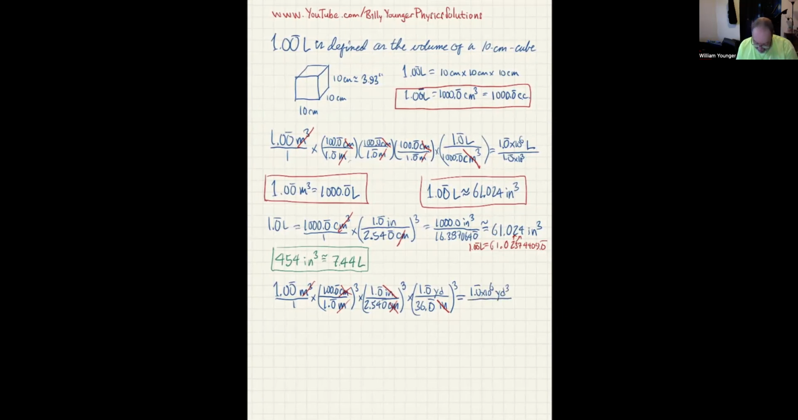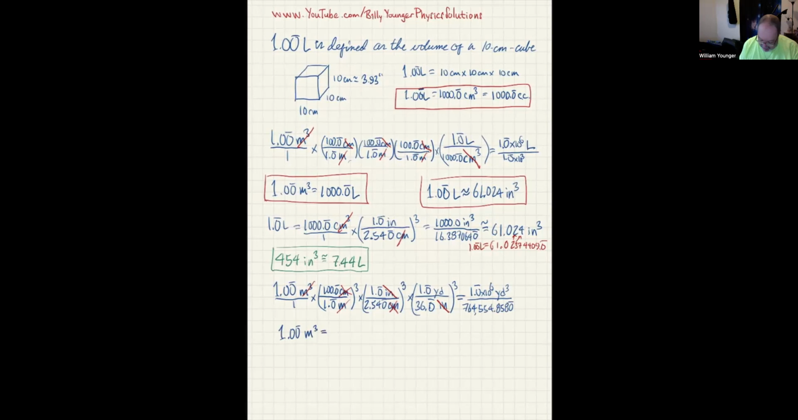Now the bottom's a lot messier. It's 1 times 1 times 2.54 times 2.54 times 2.54, and then times 36 times 36 times 36, and that gives me 764,554.858 with a 0 after it. No units whatsoever. So I can finally divide those two and find out that 1.00 with a bar over it cubic meters